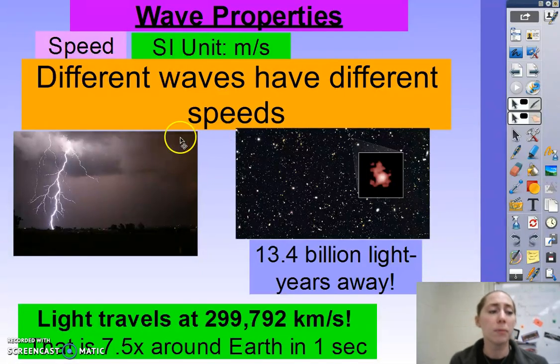Now, you've probably heard that light travels faster than sound, and it's true. Light waves travel at 299,792 kilometers per second. To put that in perspective, that's fast enough to go around the Earth 7.5 times in 1 second. Sound, on the other hand, is much slower, which is why in a lightning storm or a thunderstorm,